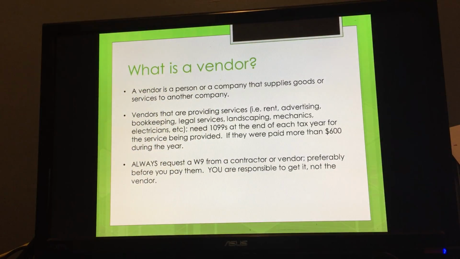First, let's take a quick review of what a vendor is. A vendor is a person or a company that supplies goods or services to another company. It's very important as a business owner to look at those vendors that are providing services, because those are ones that you're going to need to get a W-9 for, because they need to receive a 1099 at the end of each tax year for the services that are being provided to you if you paid them more than $600